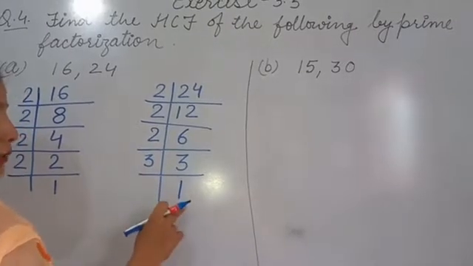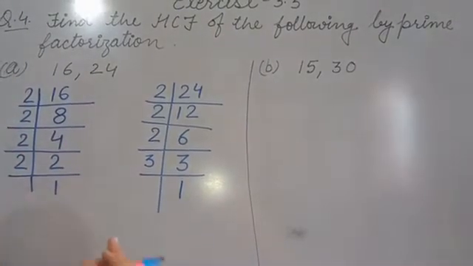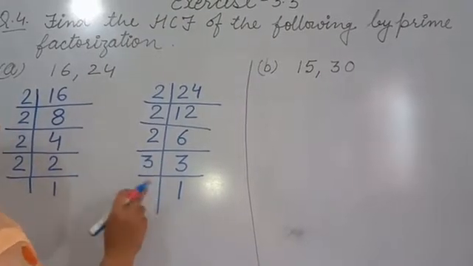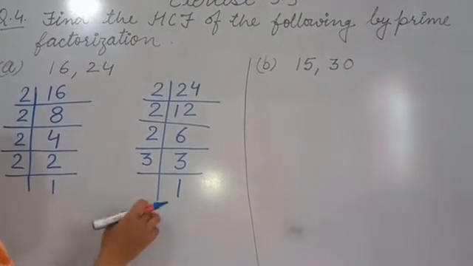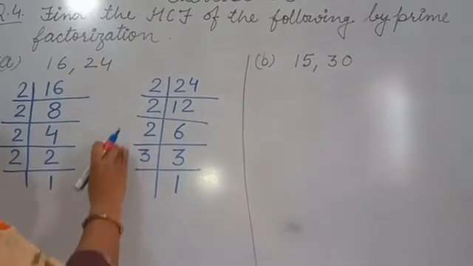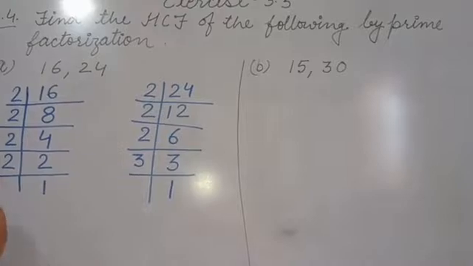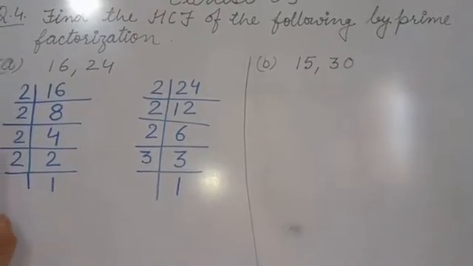We have to bring the quotient to 1 in the end. Every time we divide, we get 1 as the quotient at the last. Okay, now we get 1 here. So these are the prime factors of 24. So we write here prime factorization